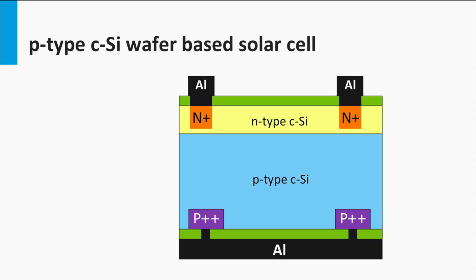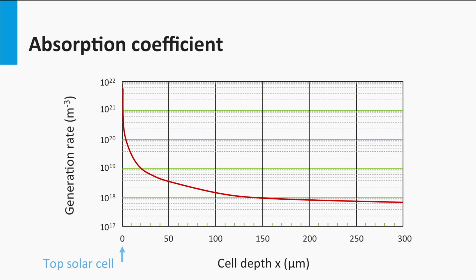The solar cell is based on a P-type silicon wafer. The N layer, in this illustration colored yellow, is the N-doped layer in the crystalline silicon PV technology. This layer is often called the emitter layer. This N-type emitter layer is much thinner than the wafer. The emitter has a thickness in the order of 1 micron. The rest P-doped wafer can be in the order of 100 up to 300 microns.